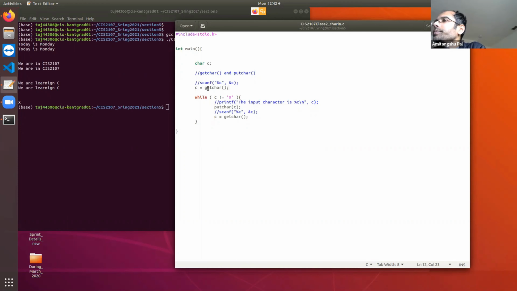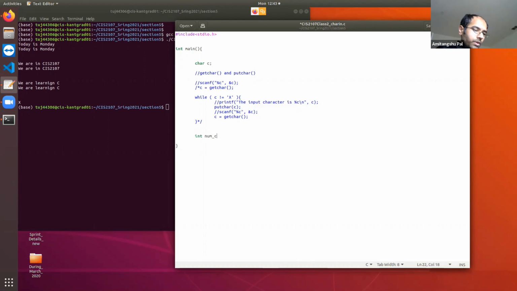Now let's see. So let me modify this program a little bit so that whatever text I am entering, it is going to count the number of characters that are there in that text, number of lines, and number of words. Okay. So let me just comment it out because it has become a little bit dirty. Let's write it in a cleaner fashion. So let me write code that is going to first count the number of characters. Next I'm going to enhance it for number of lines and words. Okay. So how to count the number of characters that I am entering?